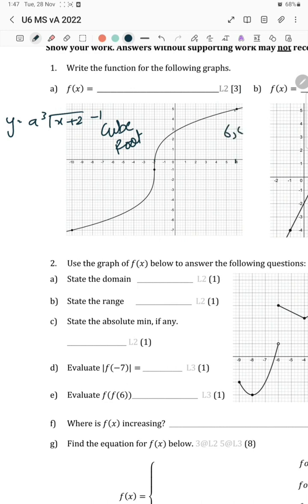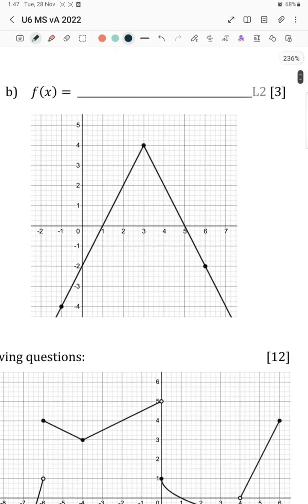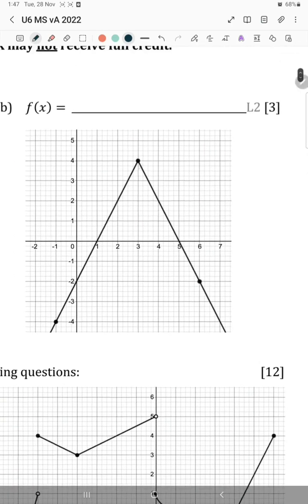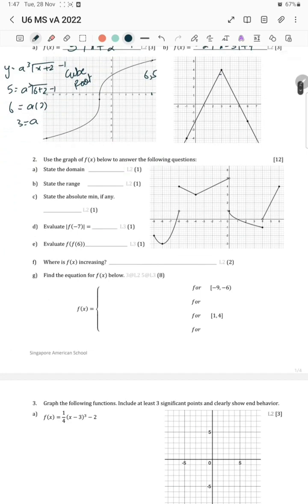This is 6, 5. 3, 4, and it's 1, 2, and 1. State the domain, range,